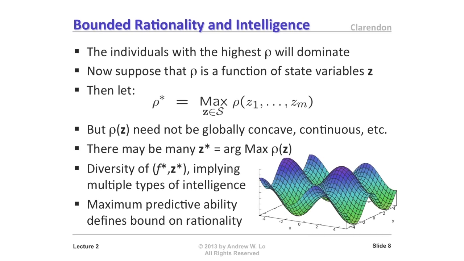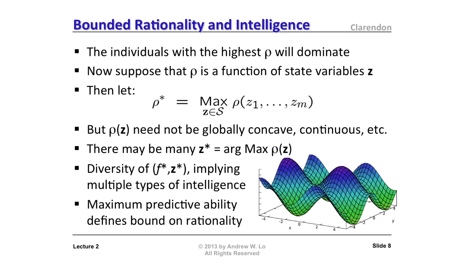Then the optimal correlation is going to have to be maximized over all of these state variables, and there's no reason why that surface ought to be regular in any sense, because you're talking about lots of different physiological features that will enable you to be a better forecaster. So in general, you can have a really complicated surface that looks like this. This is state variable 1, this is state variable 2, this is your correlation surface that you can generate from different kinds of state variables.